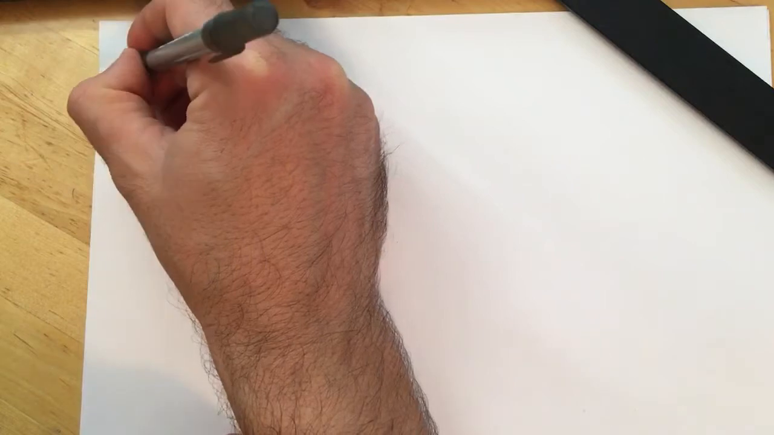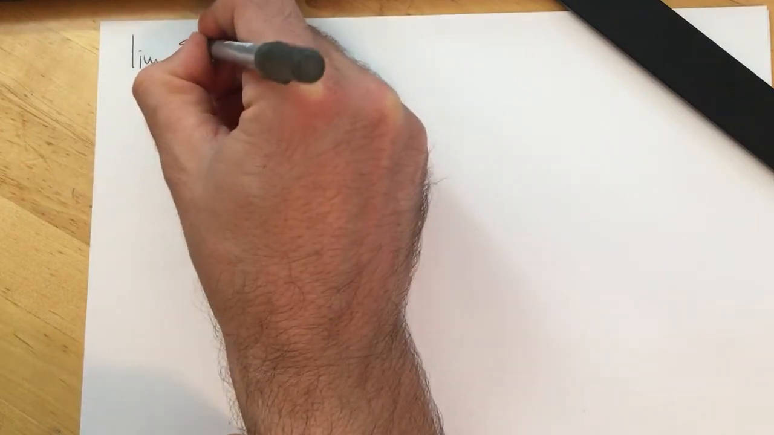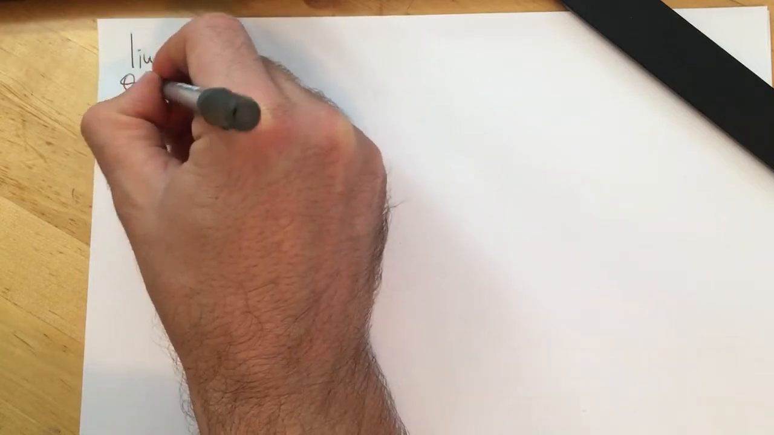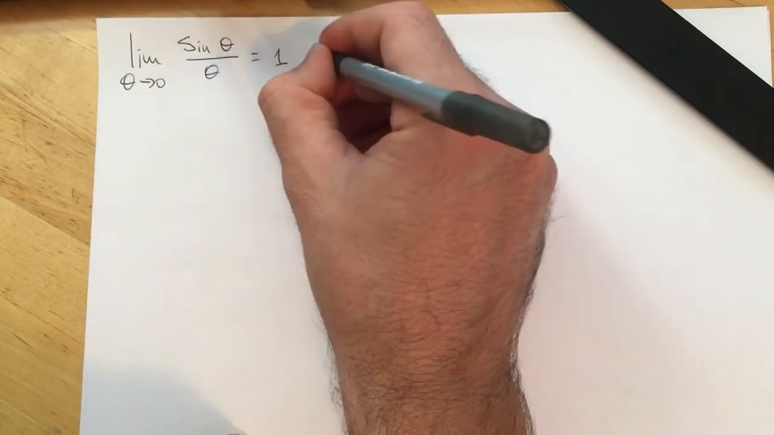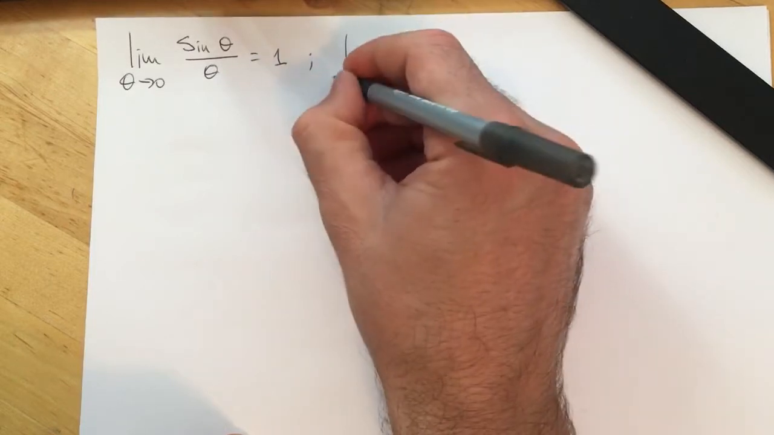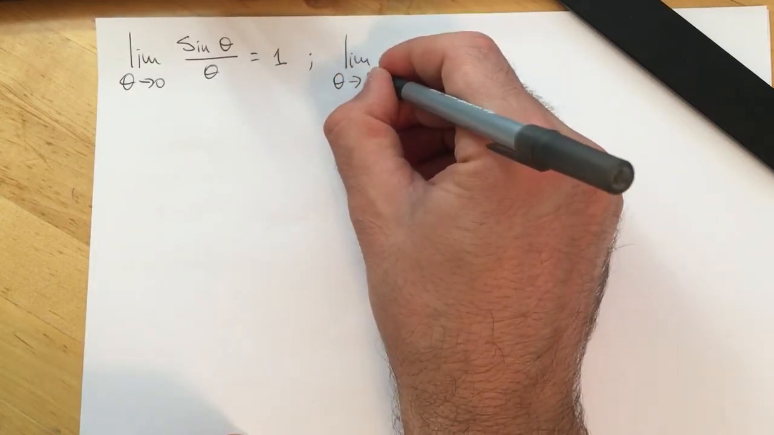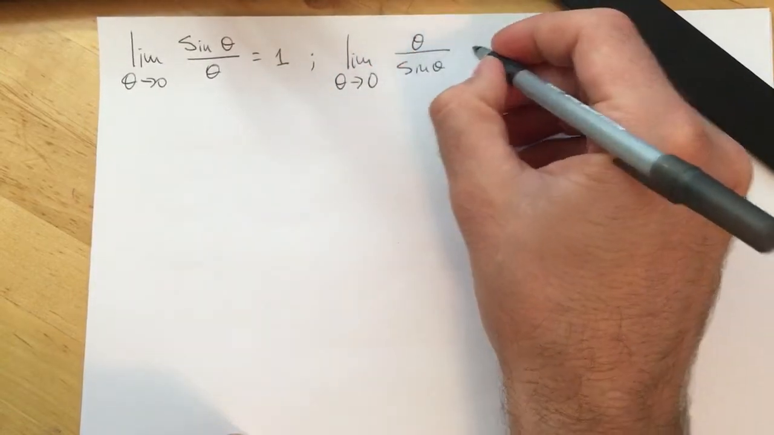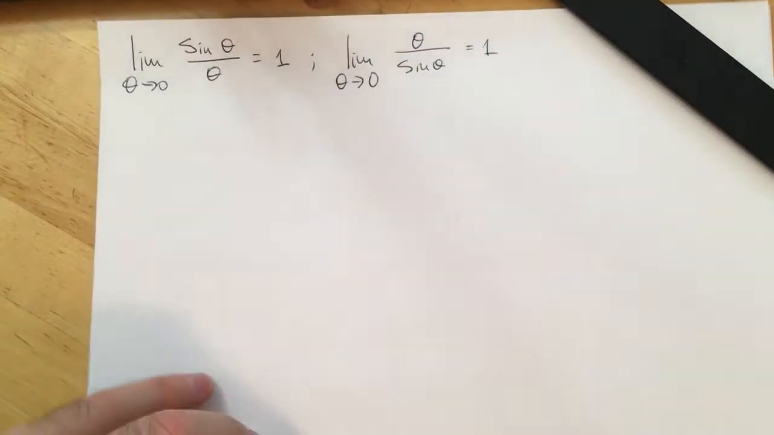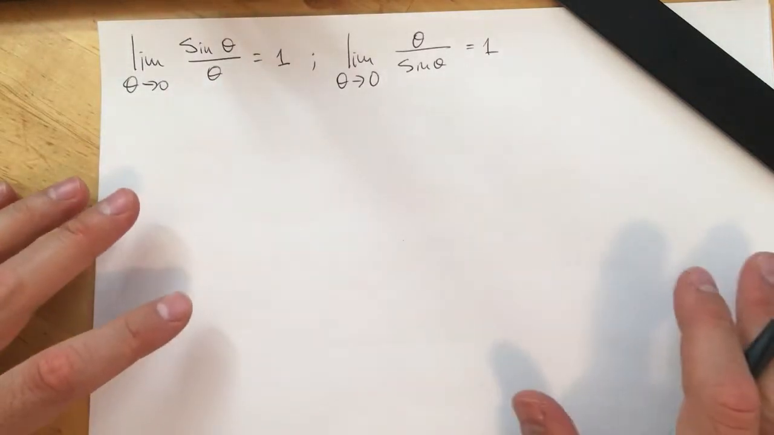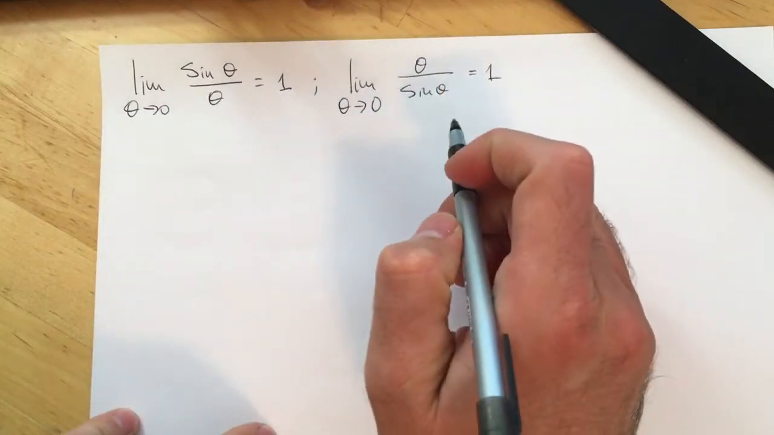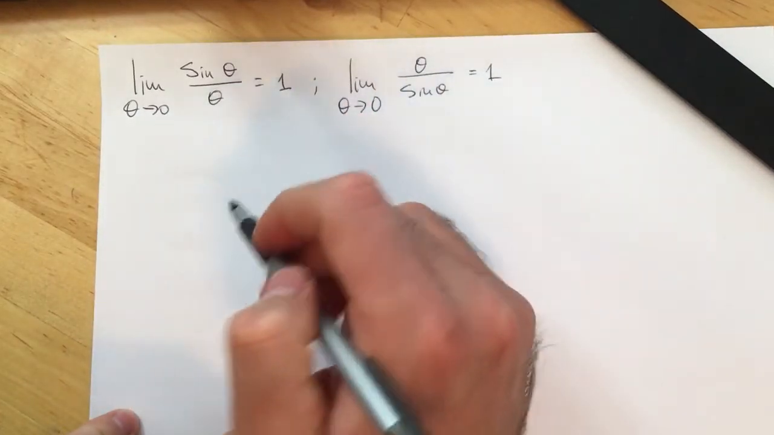Okay, in this video we will prove the limit that the ratio of sine of theta over theta as theta goes to 0 is equal to 1, and as a matter of fact, the limit of theta over sine of theta as theta goes to 0 is also equal to 1 if you just follow the properties of limits. Okay, in order to prove this limit, we will need